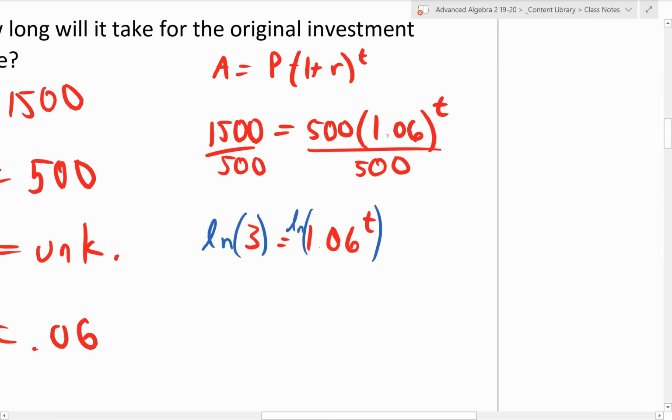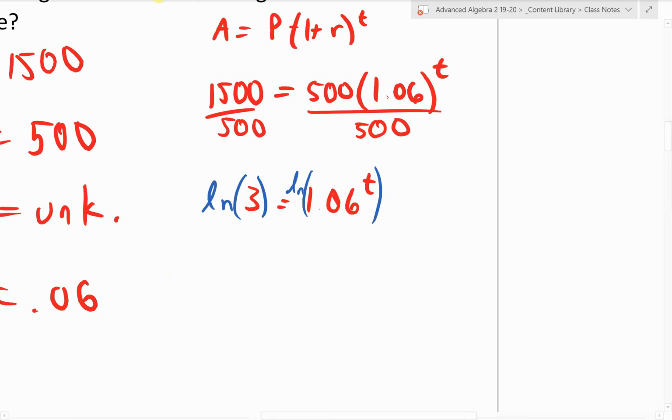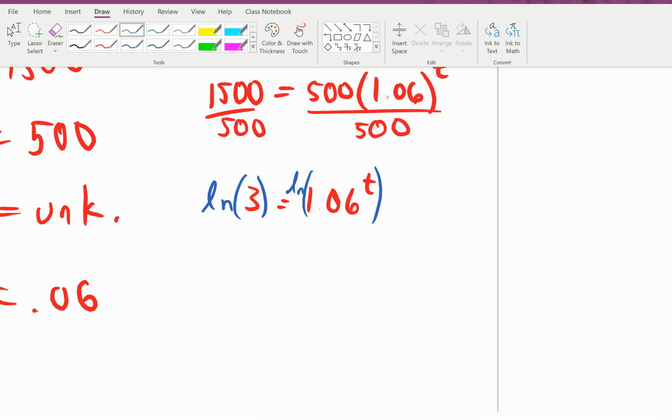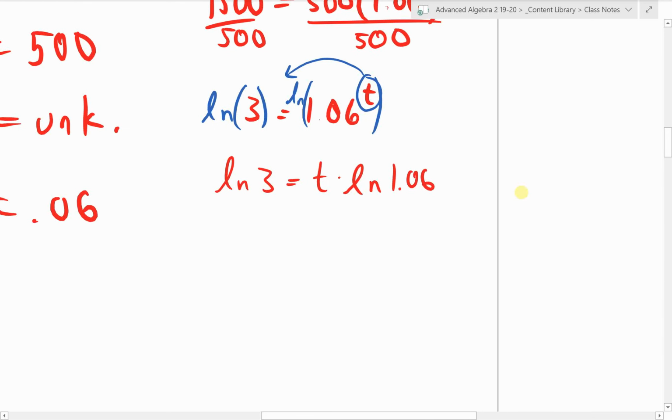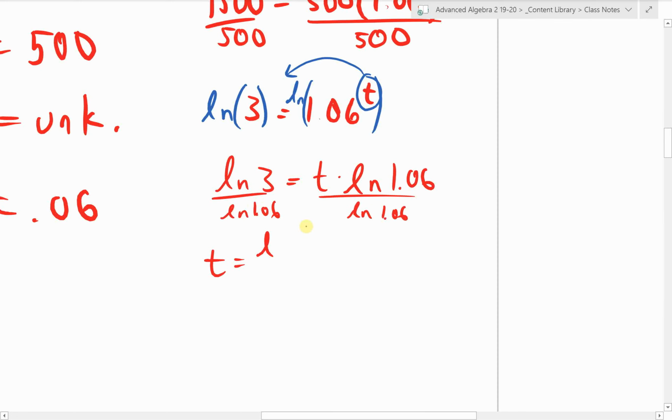And again, you can use any log you want. You can use common log. That's totally fine, right? And what that allows us to do now is bring this t out front. So we'll have the natural log of 3 equals t slides out front of the natural log of 1.06, and we come to the same basic format of our answer here. We divide by the natural log of 1.06. Same process as the previous problem. And we end up with our value for t is the natural log of 3 divided by the natural log